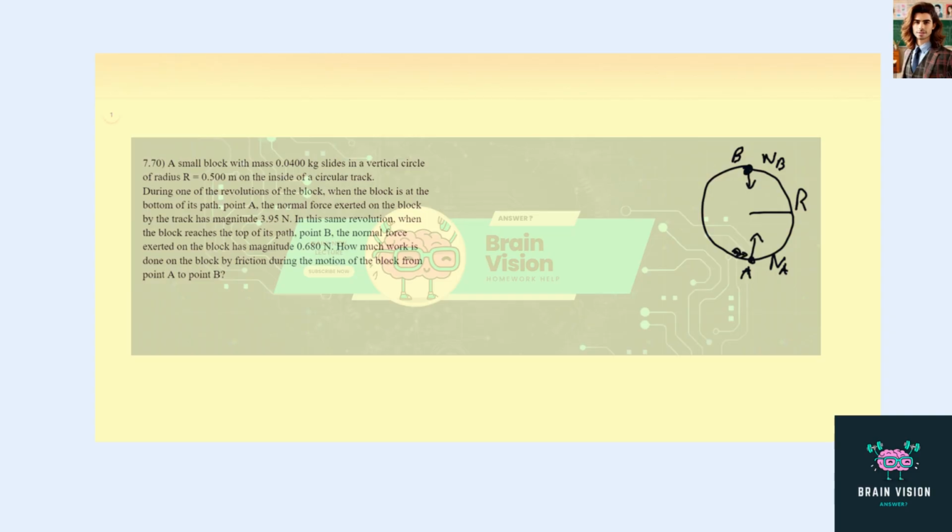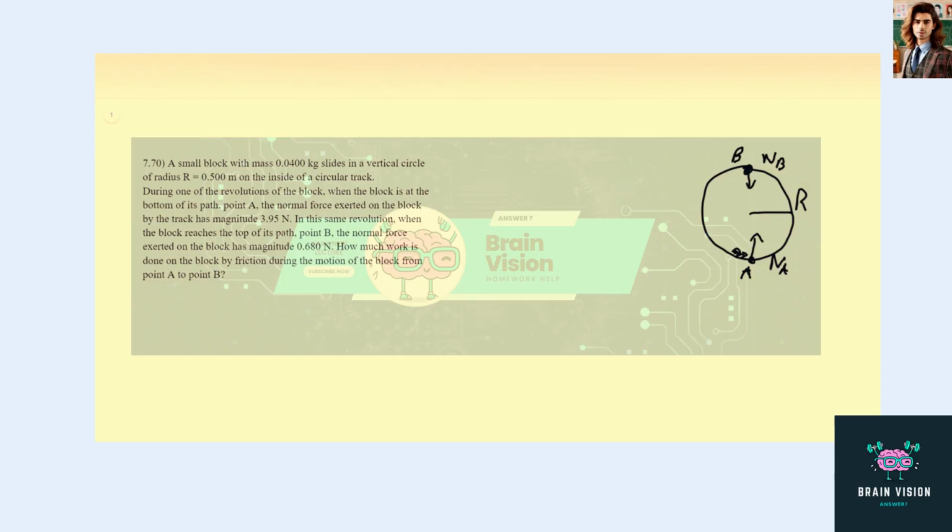So that's a contact force between the surface and the block that keeps the block away from the surface. And we're asked how much work is done on the block by friction during the motion of the block from point A to point B. Okay, so this immediately tells me that to find how much work is done by friction, I'm going to set up